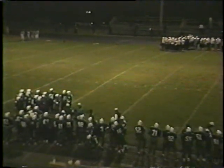Let's take a look at that last run. As you can see, it was a big hole on the right side. And sure was. Got Keel Watson right there. I'm a little bit